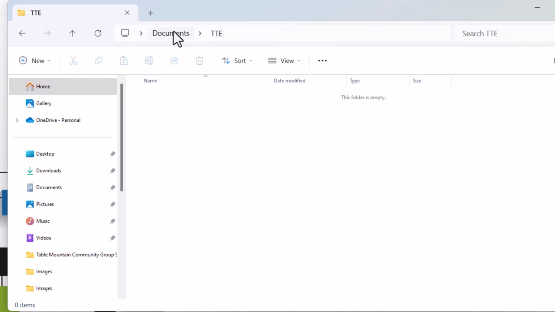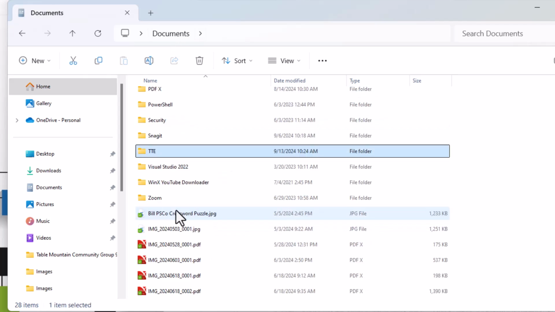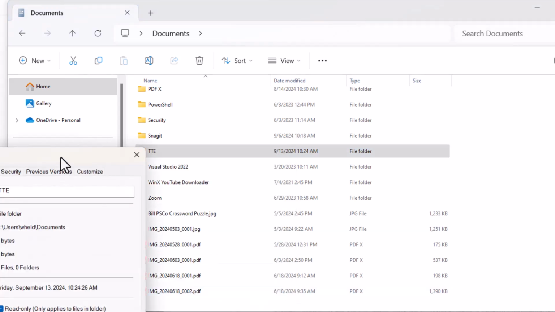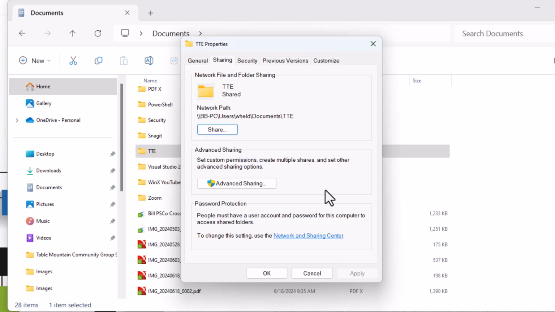So what I can do is I can share out this TTE folder. The way that you share something, this is a NetBIOS thing. I right-click it, and I go to Properties. And here's the properties for the folder. And you can see that I have a sharing tab here. Now you've got two options. If you just selected share, it would share it out using this. Now here's the thing that I wanted to point out to you. You see that where it says